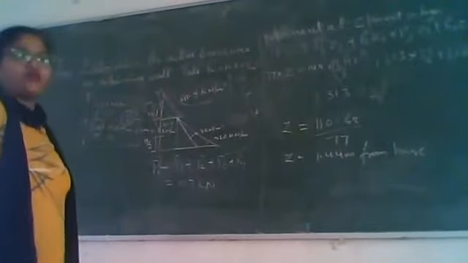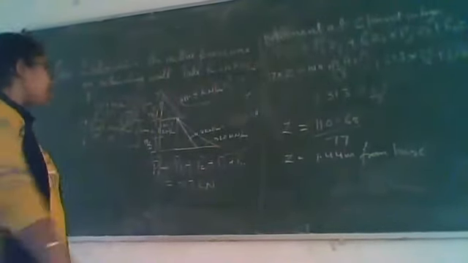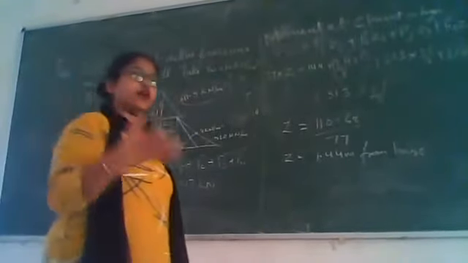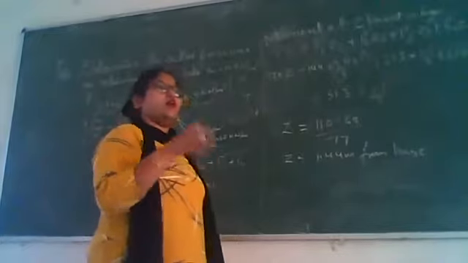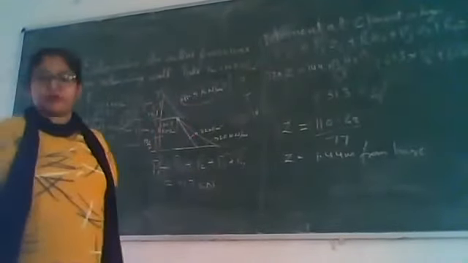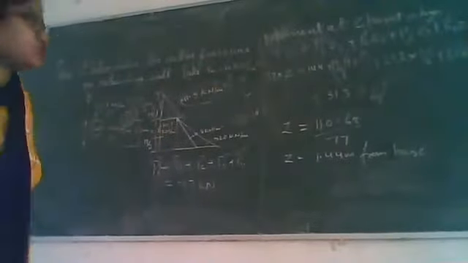This is a type of numerical. In this numerical, we have to find out the active pressure. Then, where this pressure is acting, we have to find out the location also. So this is one type of question. The next type of question is